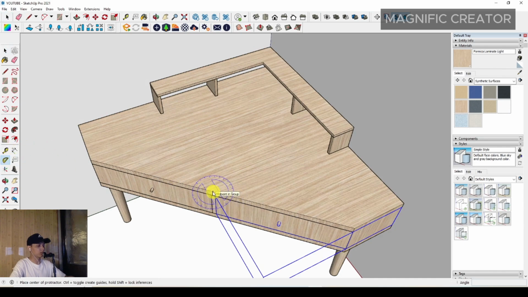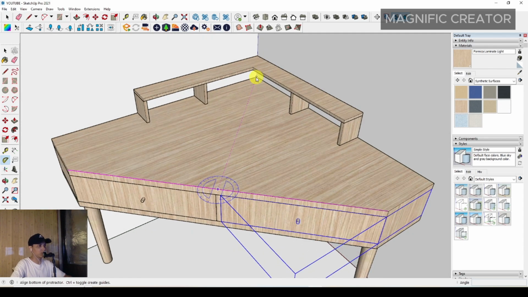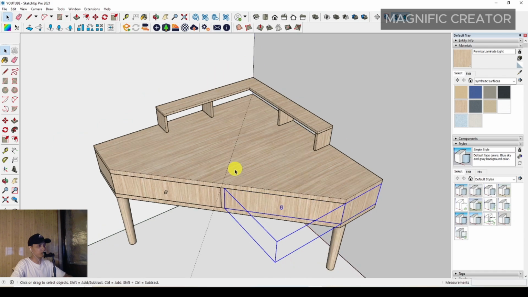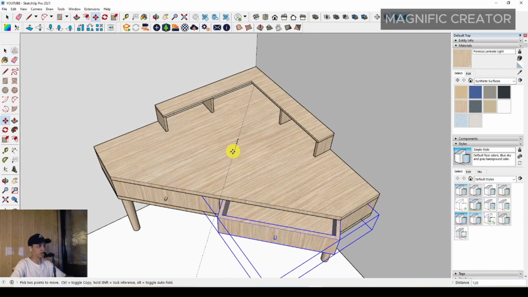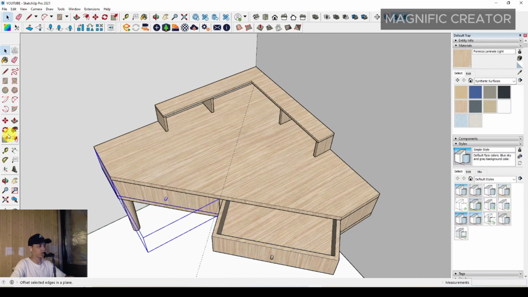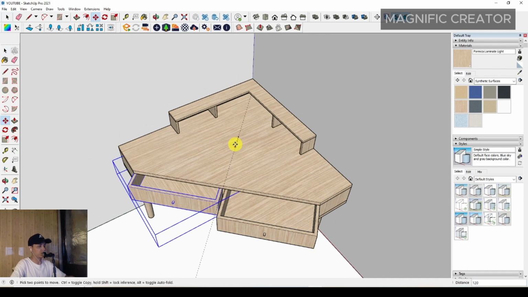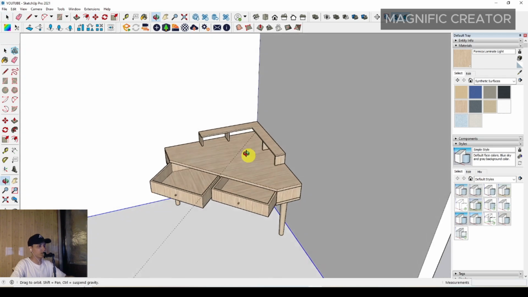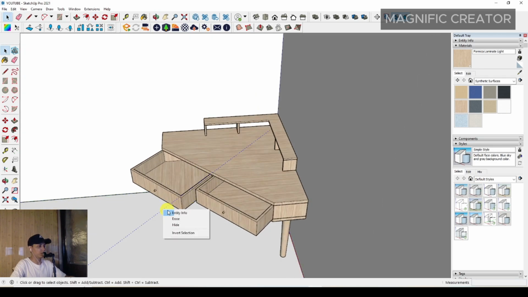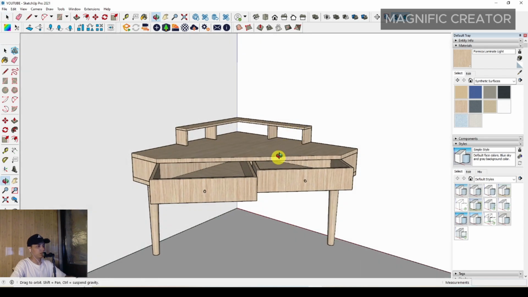We can just place on the midpoint in the group, and then we can just position on it, double click, so we can just move and slide out each drawer to make a more informative and representative one. Anyway, something like this, and then we can just erase it if we do not